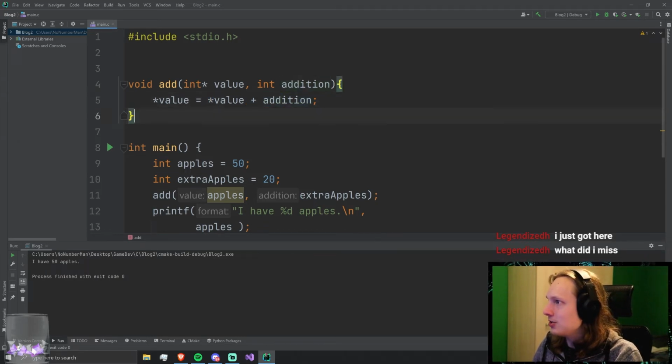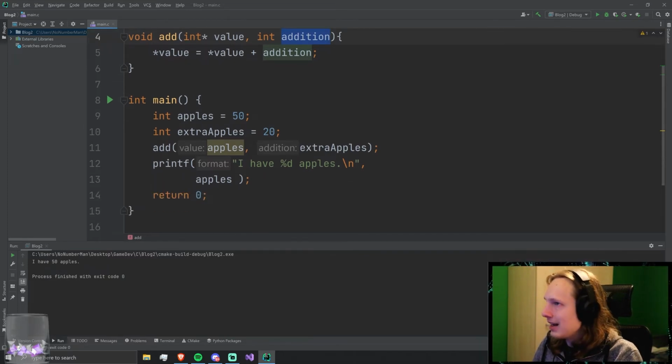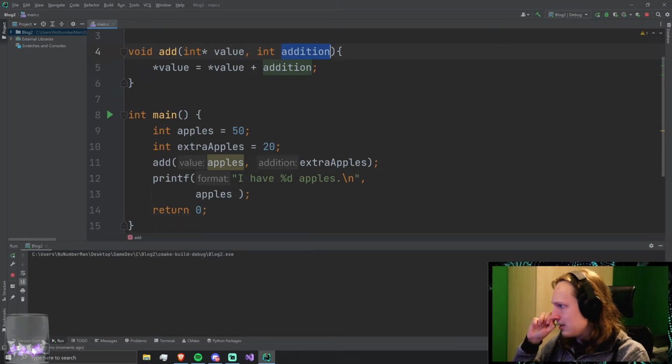And then you can just add addition. We don't really need to store anything at addition, so we don't care. We can just make a copy, whatever. And now when we print this, well, this...